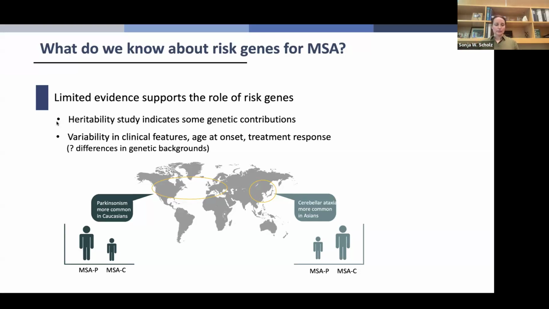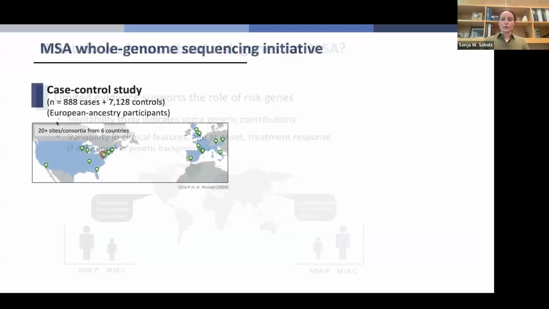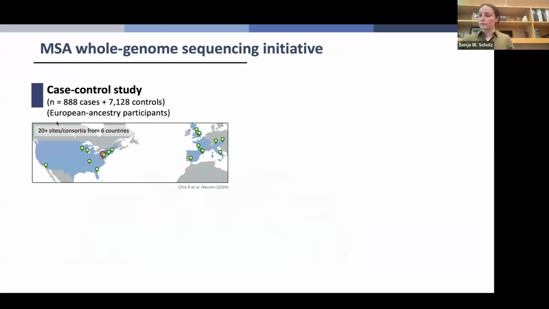And we have definitely seen a lot of interesting insights into risk genes by studying large cohorts using genome-wide association studies. And so I'm just going to talk about a study that we recently led here at the NIH,